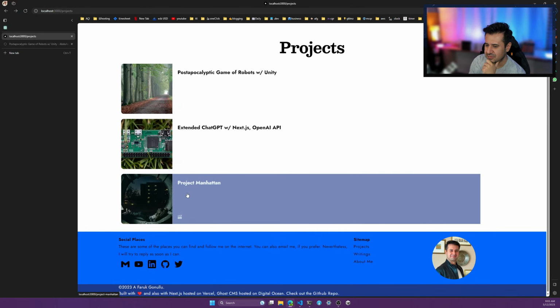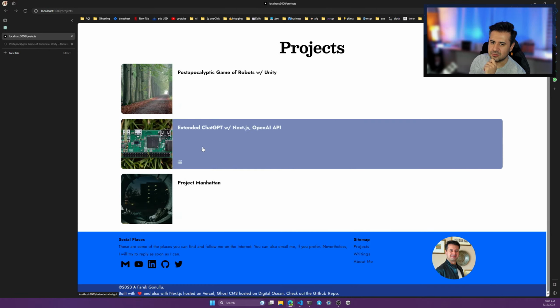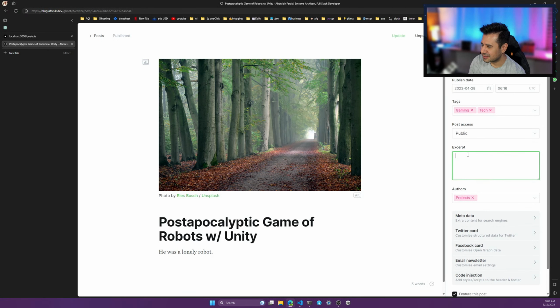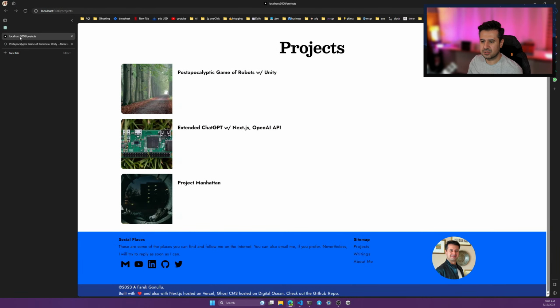We even have some real estate to put some excerpts from the post. So if we include excerpts, it is a very weird word to pronounce. This excerpt, this summary of the post, if we fill this box, we can even show that there. So let's say this is a summary, something like this. I am not sure. So if we update this, if we come back here,